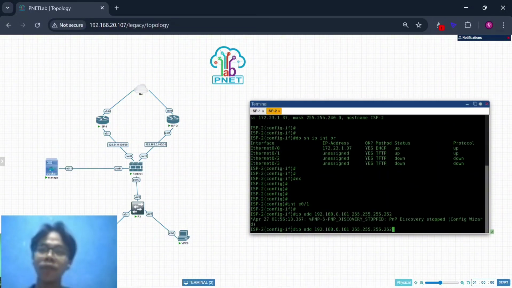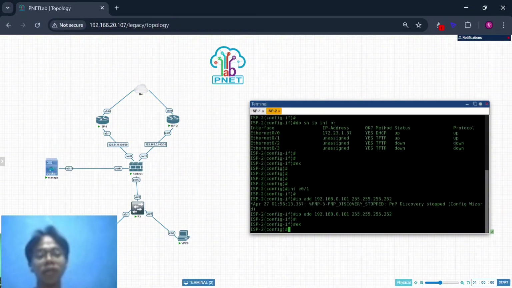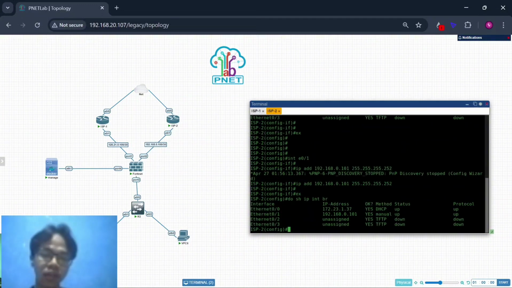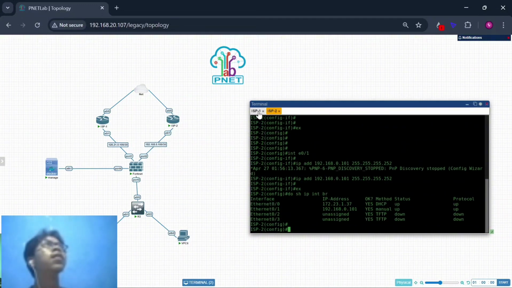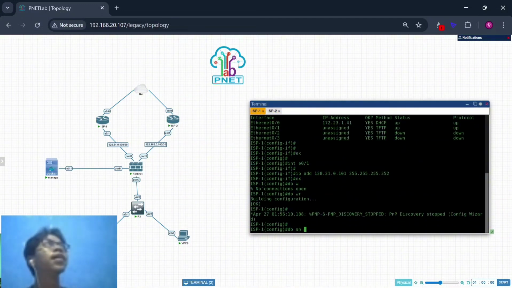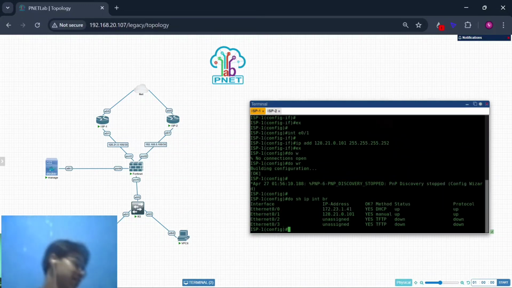For the prefix it's the same, I use prefix 30. Then check the interface with show IP interface brief, you see. And here do show IP interface brief.